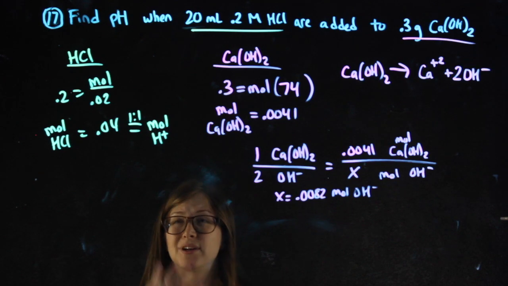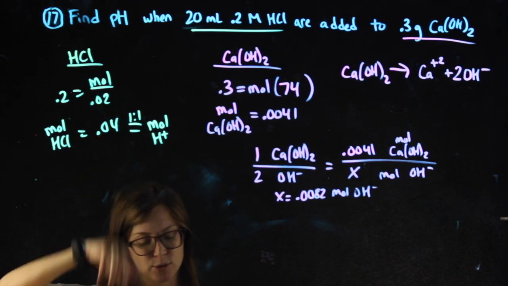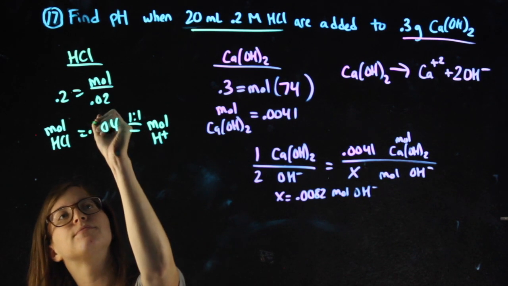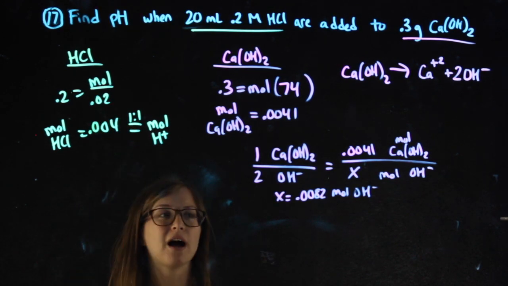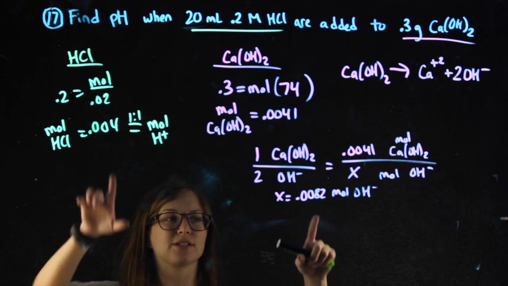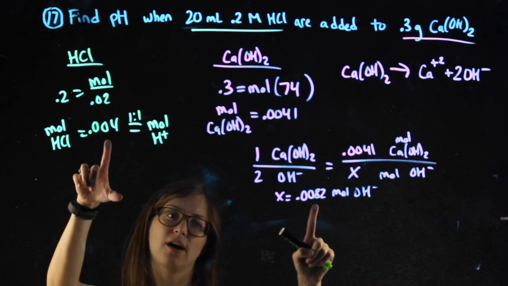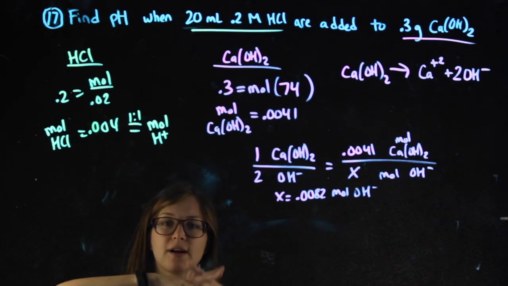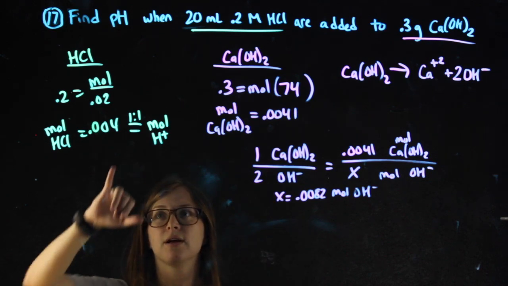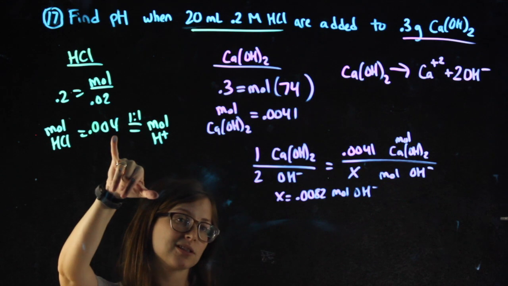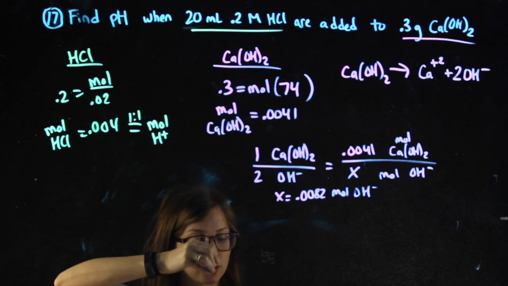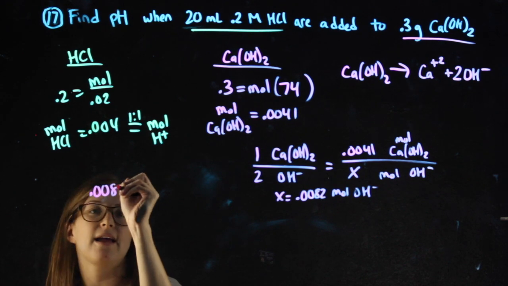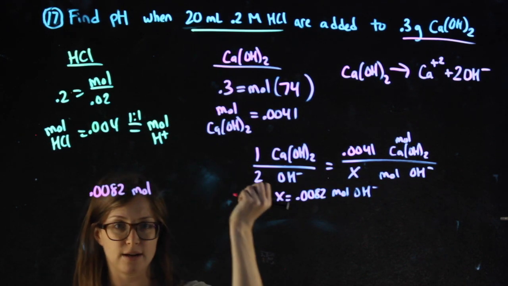Okay, before I go on, I realize I made a mistake. 0.2 times 0.02 is 0.004. It matters a lot because what I need to do now is evaluate which one I have left over of. Every mole of H and every mole of OH are going to neutralize each other until I run out of one of them. I'm going to run out of H+ first because that's a smaller number. So let's see, of the 0.0082 moles of hydroxide,